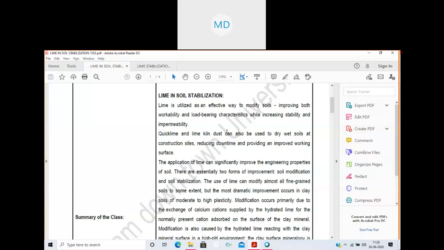Now, two types of lime we generally use, I have said, that is quicklime and hydrated lime. But in most cases, we generally prefer the use of hydrated lime instead of quicklime. Okay, we can use quicklime also, and in many places quicklime is used. But generally hydrated lime is much preferable. Why? Because hydrated lime is